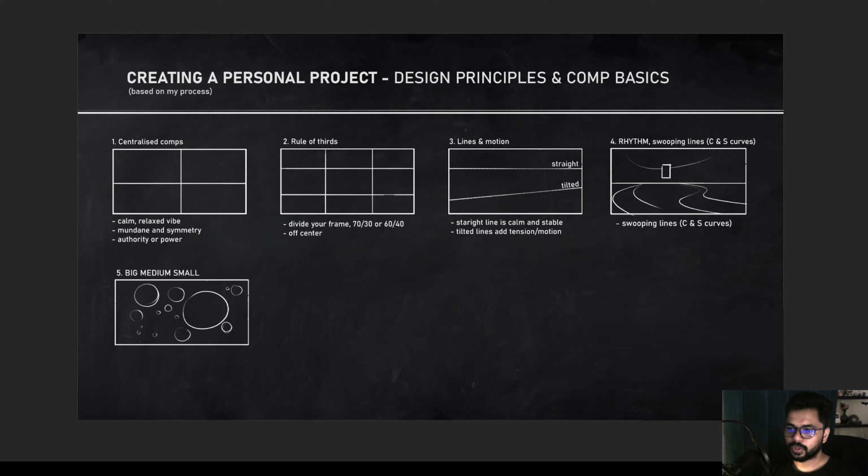And moving on, the fifth one I'd say is big, medium, small. So when we say big, medium, small, it just means that in your frame you have different volumes of objects, so that not all of the objects are getting an equal amount of the real estate. Okay, it's about prioritizing one object, which is most probably your main object or your